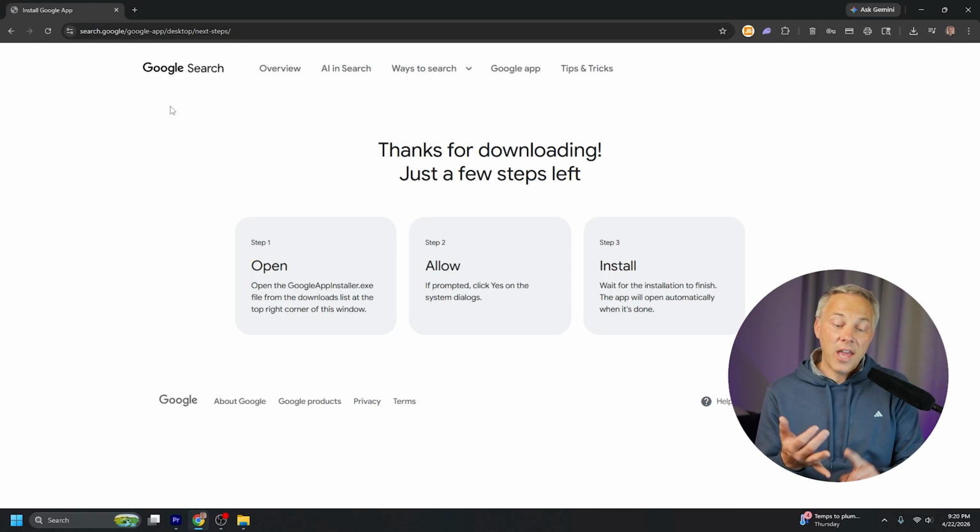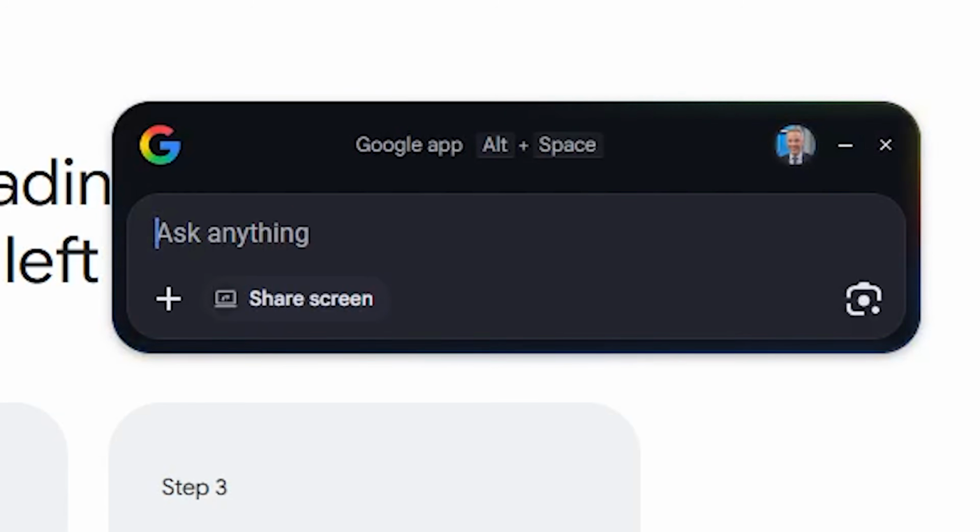Now that it's installed and set up, step 3 is to test out this new Google app. The first test is going to be to see if that keyboard shortcut works. Again, you hold down the Alt button and you press the space bar, and it's almost instantaneous. Look at that. I held down the Alt button, hit the space bar, and boom, it popped up almost the